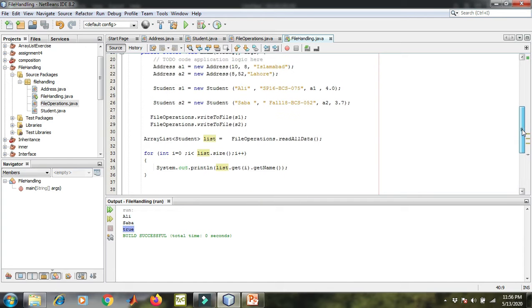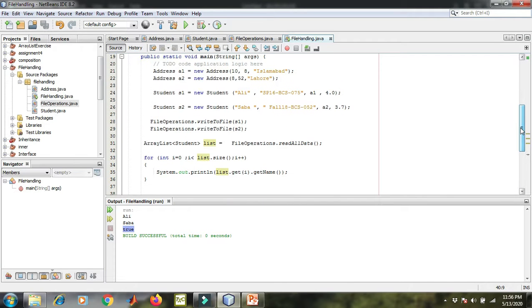Another hint that I want to give here is that the update and deletion operations that are vital when you are creating a project, they can also be written with the help of the read all data function. For update operations, you can read everything from the file in an array list, and you can update a certain record in the list, and then you can write the complete list back to the file again by using the file writing code from the write function.